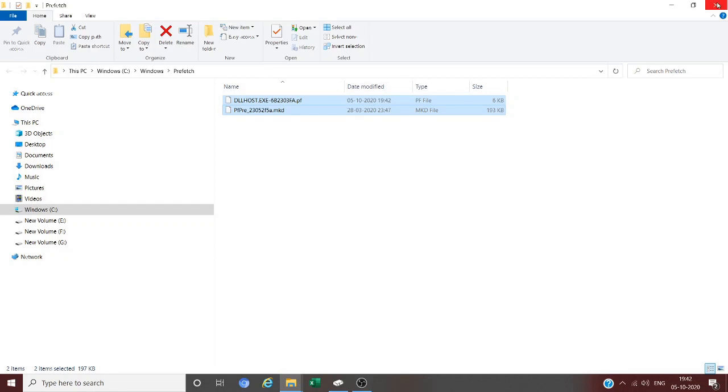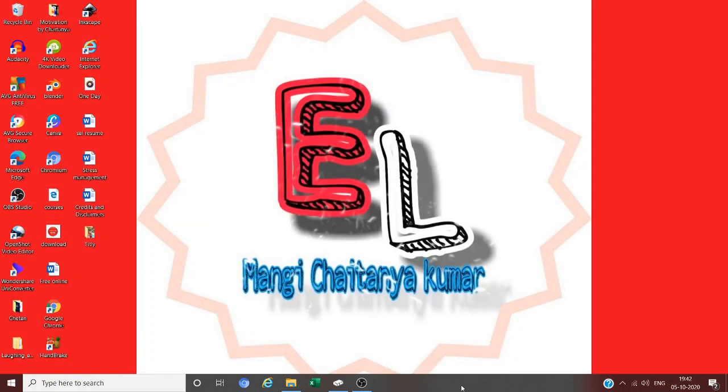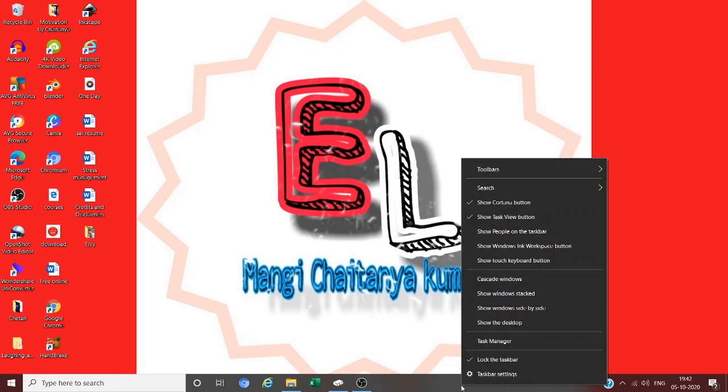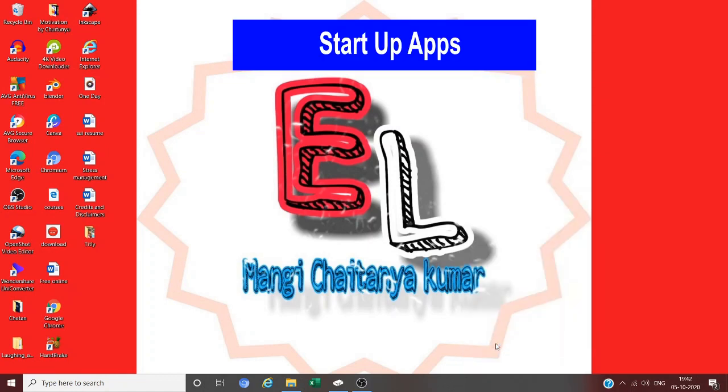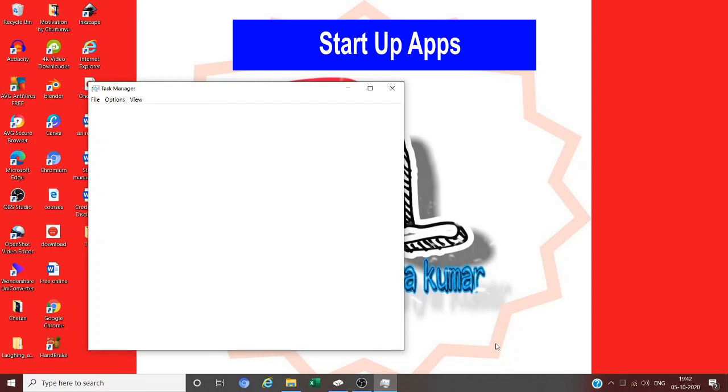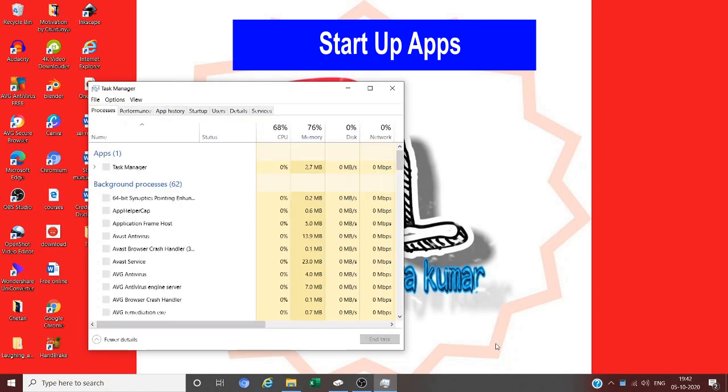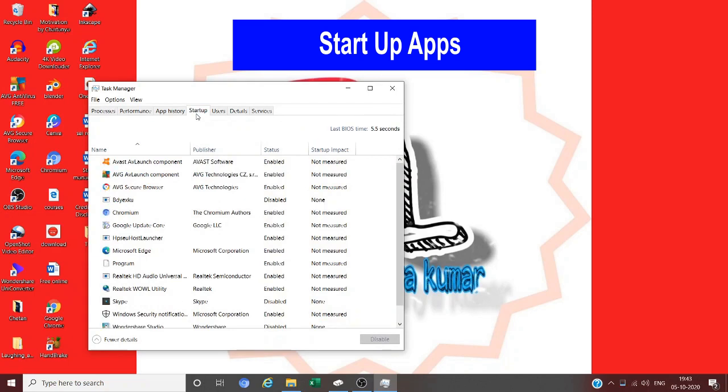Now we'll move to the third step. Right click on the taskbar, you will get this. Click on Task Manager. Then click on Startup. Here, whatever startup apps we don't require, we are disabling them.